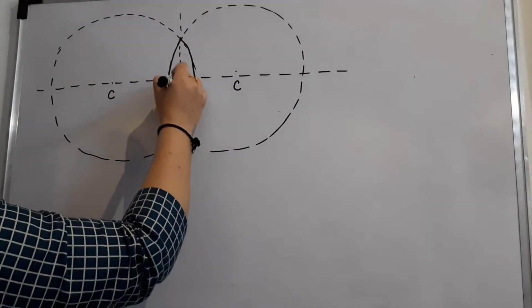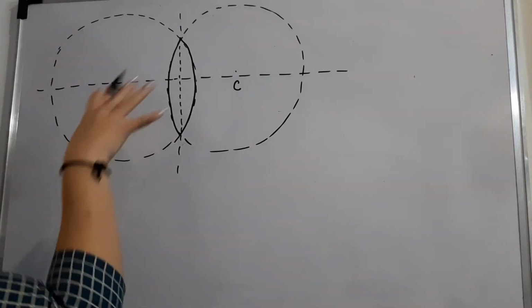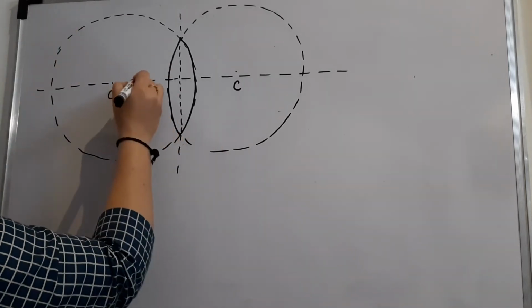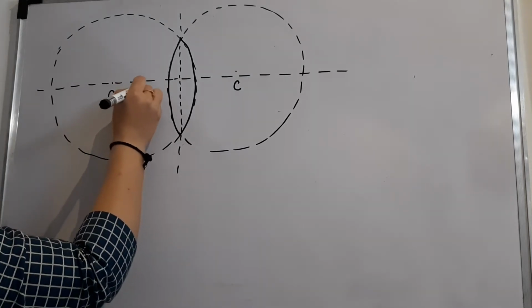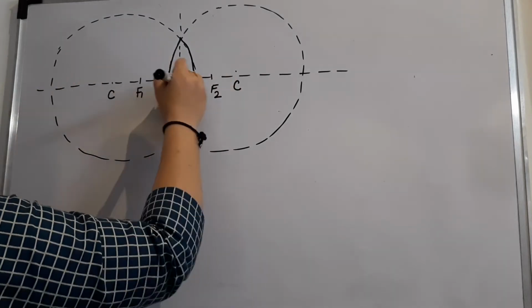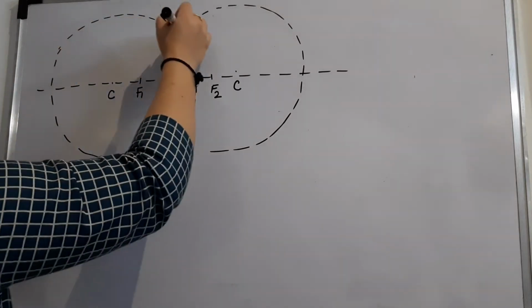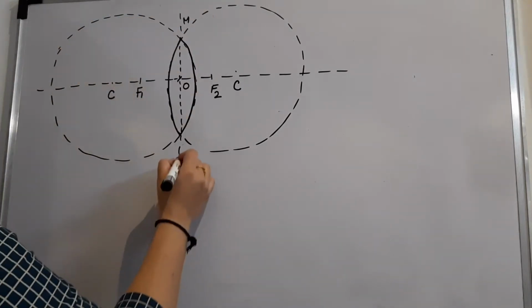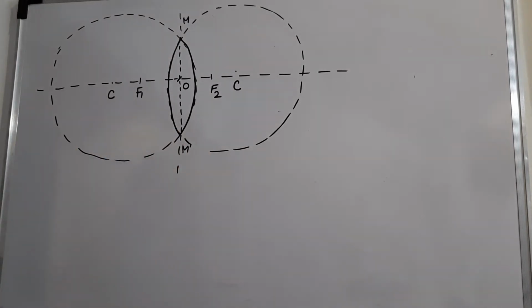If the question comes for, let's say, 2 or 3 marks, you have to draw the diagram, and you should know what exactly the things are that you are supposed to draw over here. Then here you are going to take F1, here you are going to take F2, and this is O, and then you can name it as M dash. Any other denotation can also be used. So this is how you get the convex lens. We have taken the example of a convex lens.